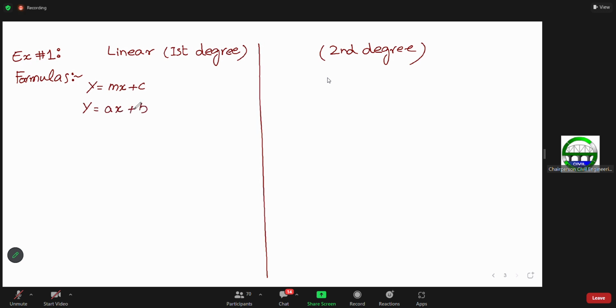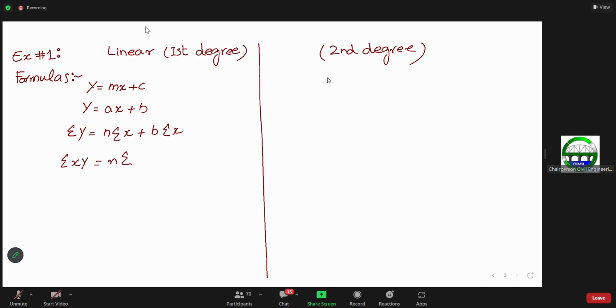So what I'm going to do, I will write sigma y is equal to n a plus b sigma x. And then I will multiply this equation with x. So my equation will be sigma xy is equal to